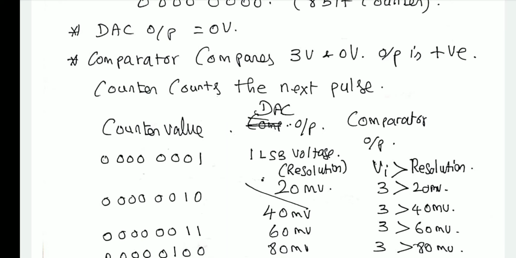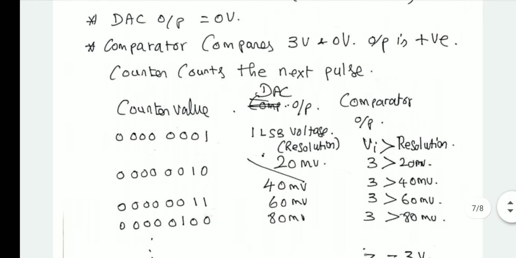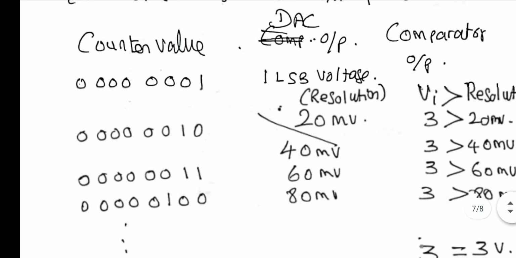The comparator compares the 3 volt with the initial value 0 and output is positive, gate open. Okay, and the counter counts. Now the next count value is 0 0 0 0 0 0 1 0 in the 8-bit counter. That means